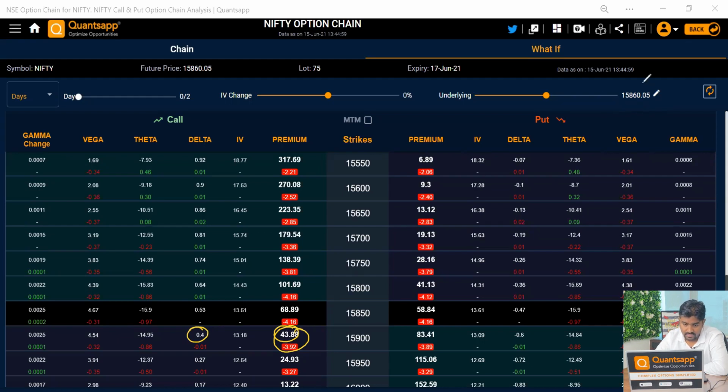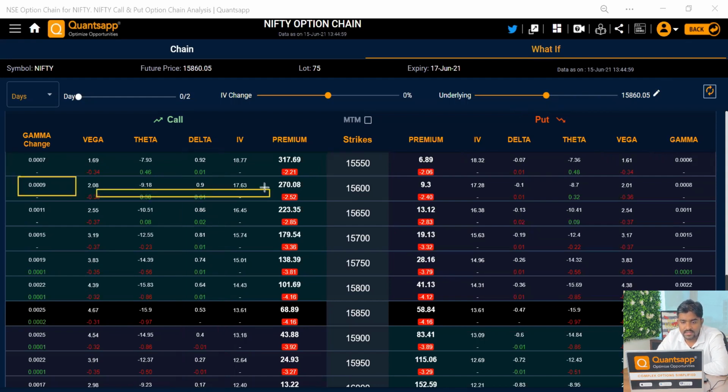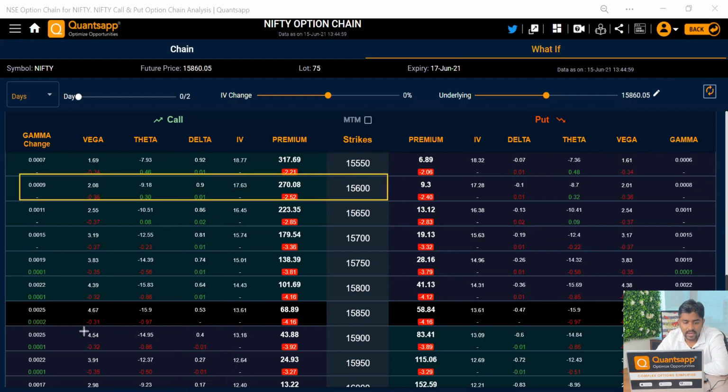That is the effect. Okay, so every strike price has a different delta. 15,900 will react differently with a 100-point change in the spot price. Probably 15,600 might have changed with the 90. So this price will change. Let's see the effect on two strike prices. We will see the first change on this price, and second we will check on this strike price.